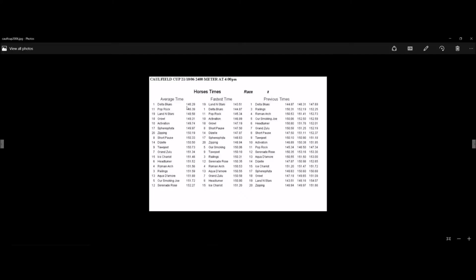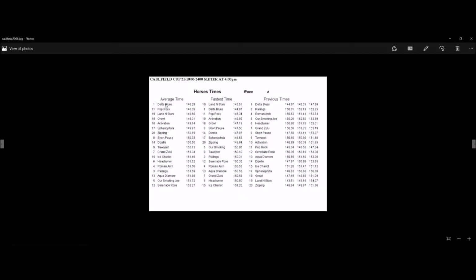They're both Japanese horses. They were up on the top, and at that stage Delta Blues was 80 to 1 for the Melbourne Cup, and I thought about backing it before the Caulfield Cup, before it showed its hand. Anyway, it went wide at Caulfield and it nearly won. It got beaten by Pop Rock, I think,